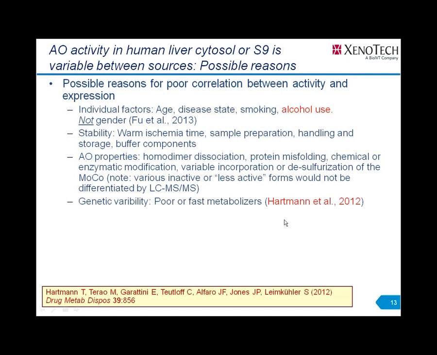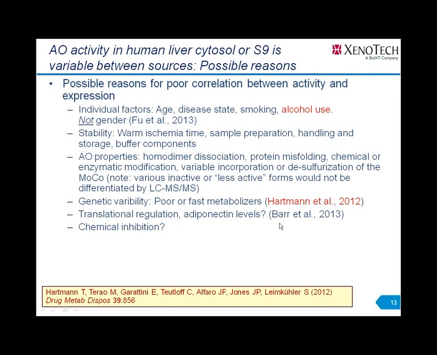So Hartman and others have described in the last year poor or even fast metabolizers, looking at an Italian cohort of about 180 individuals and looking at different polymorphisms. And then there's also the idea that there may be translational regulation, and that maybe even adiponectin levels could influence that. What about chemical inhibition? We have looked at this in the past for some other subcellular fractions, and whether or not a small amount of a drug that one of the donors may have been taking.